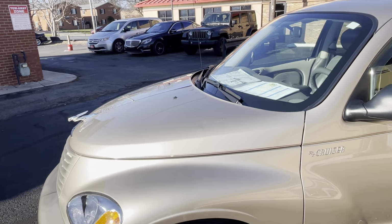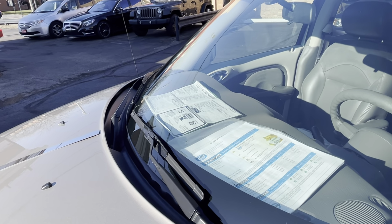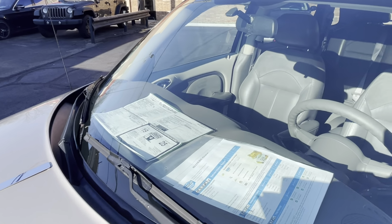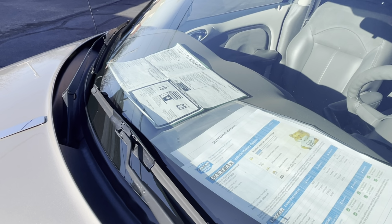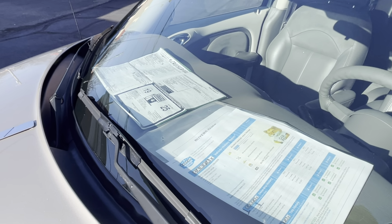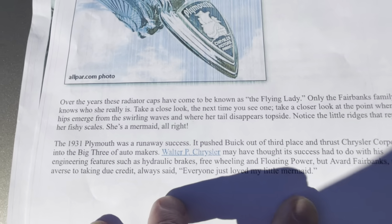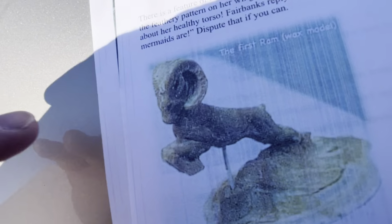Everything was successful. Walter P. Chrysler thought its success had to do with the engineering features such as hydraulic brakes, floating power, but the sculptor Vard Fairbanks, never adverse to taking credit, always said, "Everyone just loved my Little Mermaid." And here's a photo of